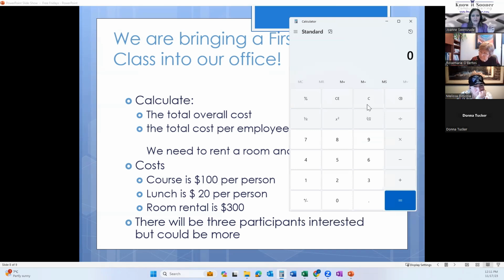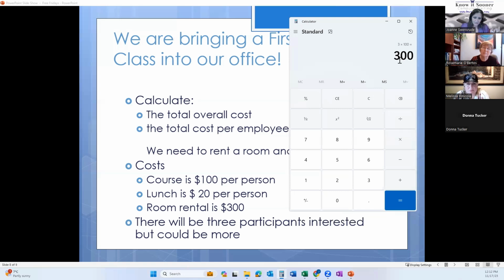I want to make sure that we have down pat the formulas and the calculations that we're going to do. Okay, so there's 3 people, $100. Let's do that one in our head, right? We're going 3 times 100. And you'll notice on the calculator they're using plus, minus, times, and divide by, the stuff that we all learned in school. Some keyboards have those symbols on them. So if you're looking at your keyboard going, I don't have that asterisk, maybe you have an X and a divide by symbol, because they're starting to be like that.